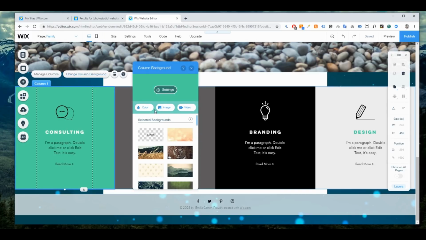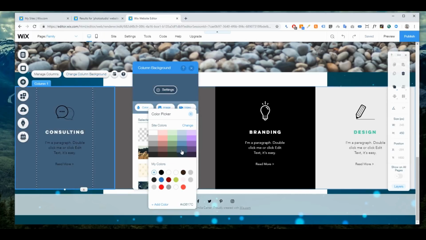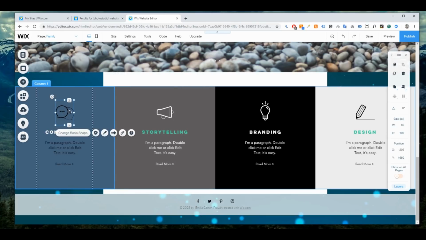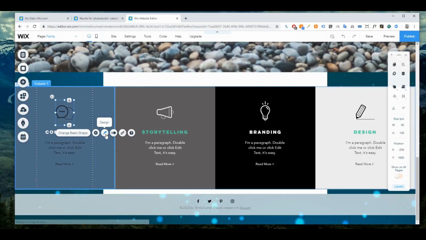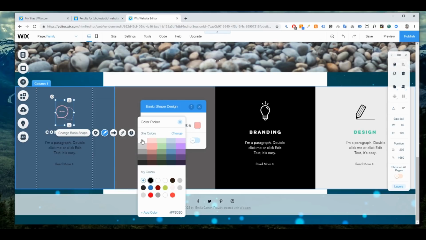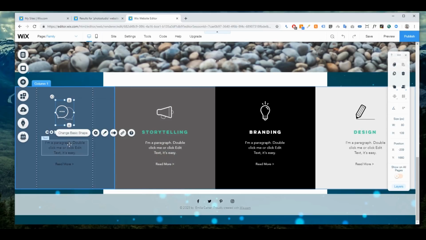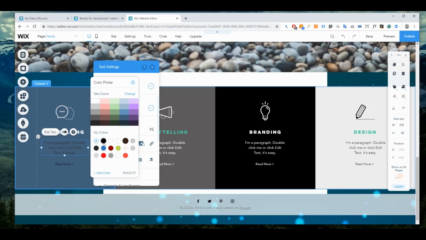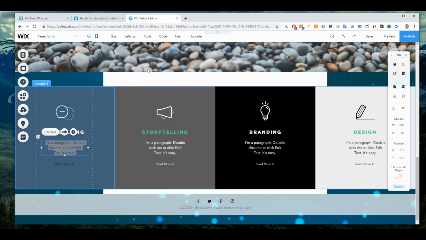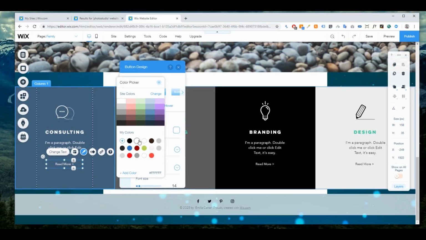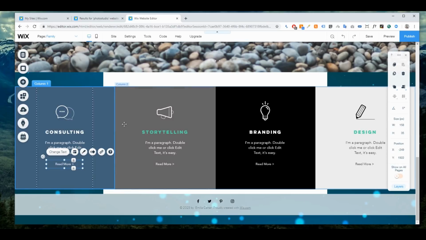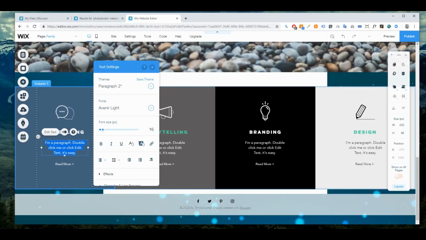So I want to change the background. I like that green, but it's not fitting the website theme. So I want to make it blue. Okay, done. But actually, now this black doesn't look nice, so I want to change it. Well, I can change the element, but actually I just want to change the color. So I click on it once, change the color to white. Same with the text. Double click, it's already selected. White. Same with this. Design, customize, white. Done. So you can edit the text